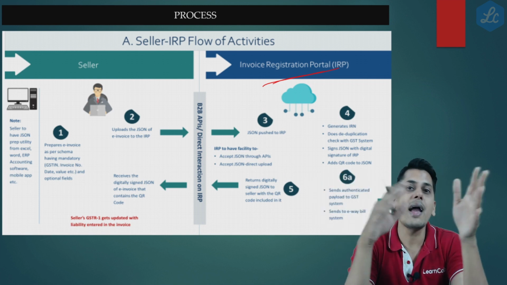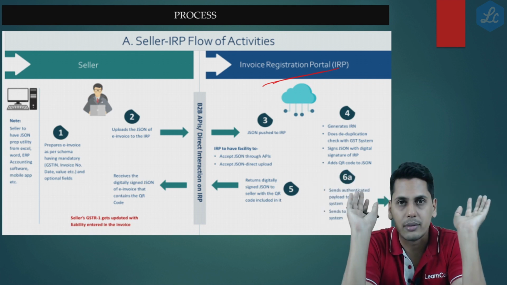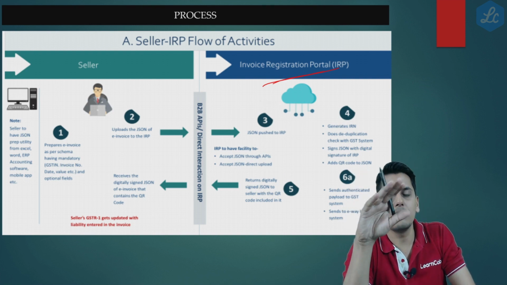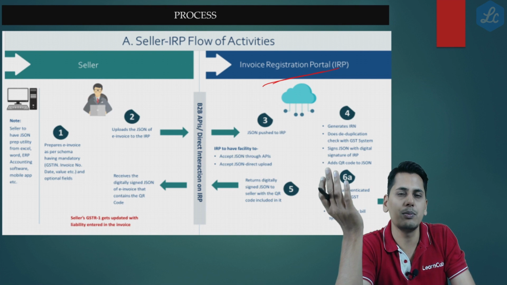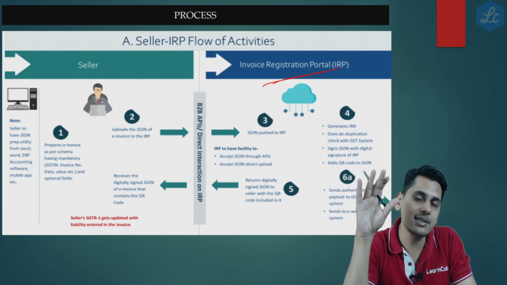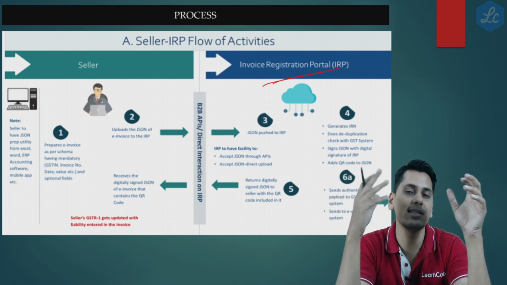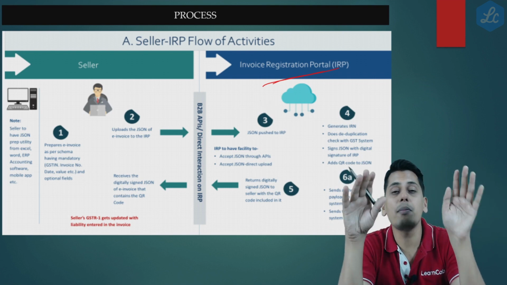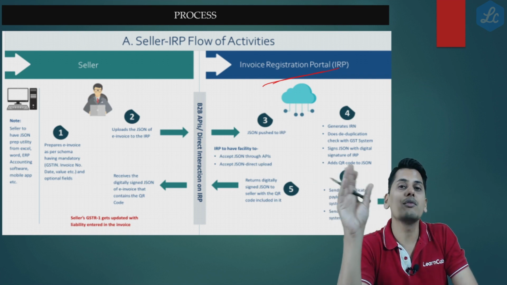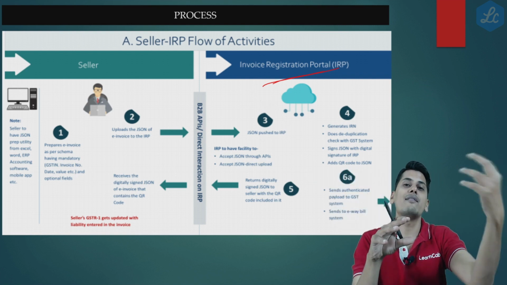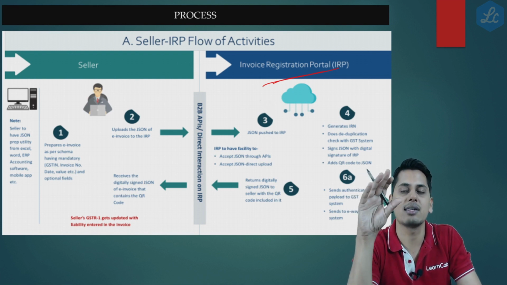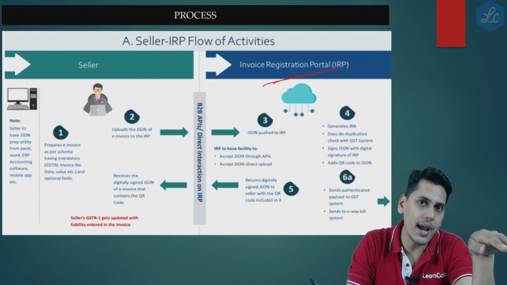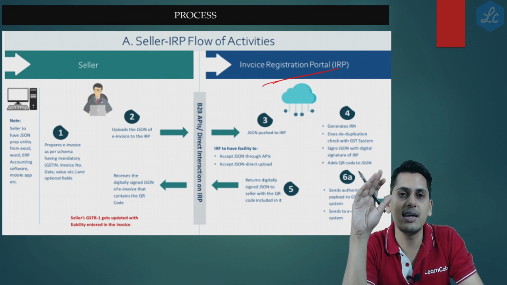invoice and return back the JSON along with the QR code. I repeat, the process is that this invoice registration portal will carry out a deduplication check with the GST portal, and after being satisfied that yes, this invoice is unique for this financial year, the details have not been repeated, in that case it is going to digitally sign this and return back the digitally signed JSON along with the QR code, and that QR code will have an embedded invoice reference number in it. So friends, this process is being done. The invoice comes back to the person who has filled form GST INV01.